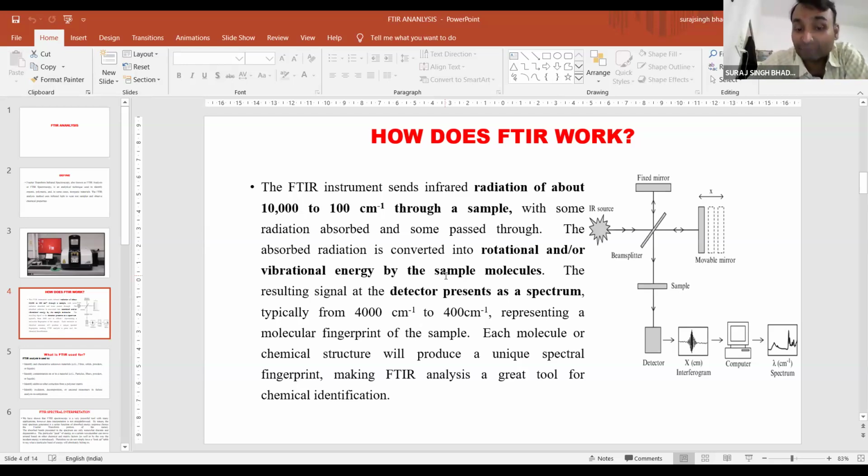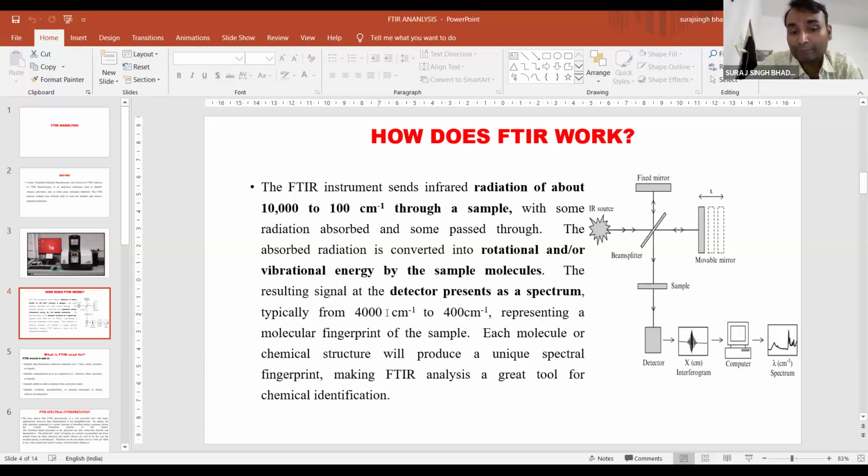The wavelengths may differ for different molecules, and these molecules rotate at different angles, at different energy levels, and through this rotation they show different intensities. Through this intensity you can identify a particular molecule. So this is, in general, the working principle of FTIR, and the resulting signals at the detector are presented as a spectrum,